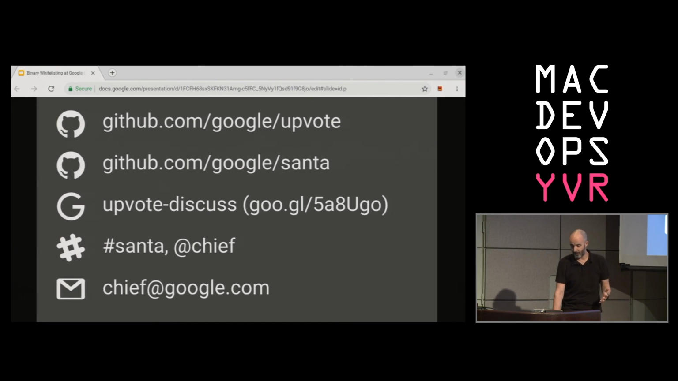So that's Upvote in a nutshell. As I said, it's already available on GitHub as a companion for Santa. We have a Google discussion group if you have any questions or comments. Myself and some of the members of our MacOps team lurk on the Santa channel. I'm at Chief if you want to message me directly, or you can email my corporate email,